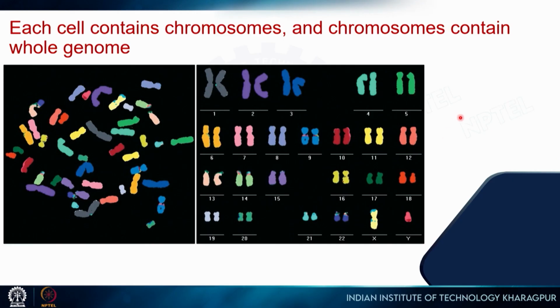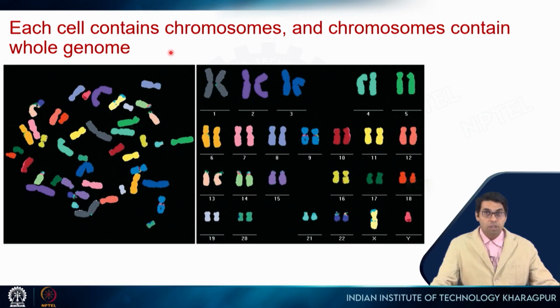So, as discussed in the last lecture, we saw that eukaryotic cells, or our cells, contain chromosomes. DNA is not a single molecule, rather it is divided into multiple molecules. These are chromosomes. Normally they are scattered like this. We normally arrange them according to their size. So, the longest one is chromosome 1 and the smallest will be 22, and then the sex chromosomes are named